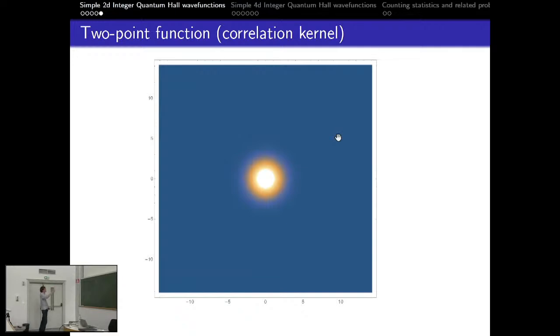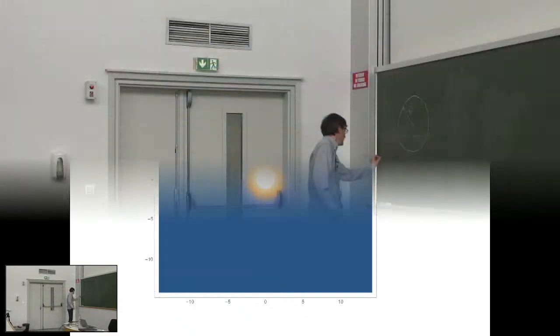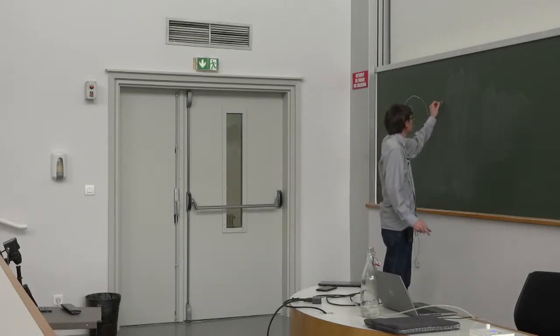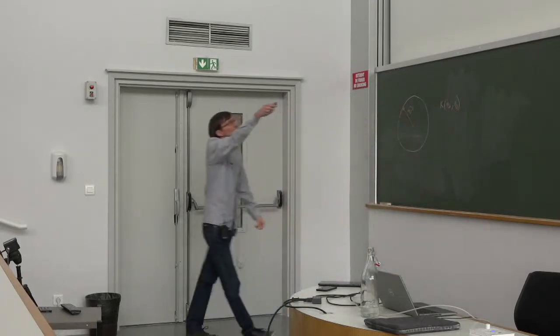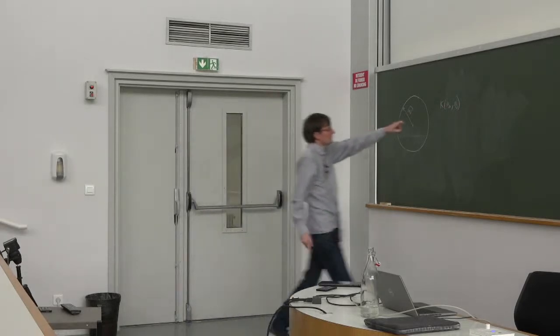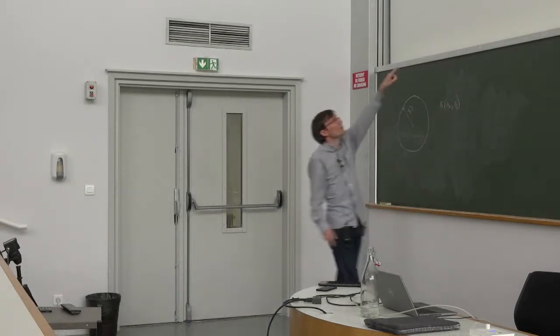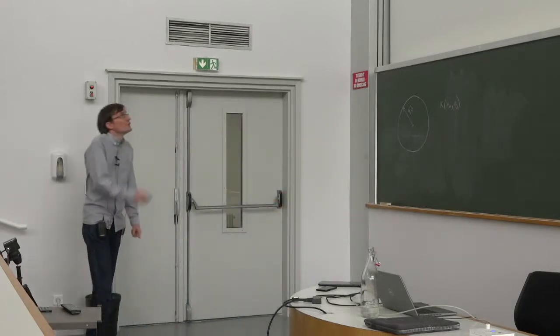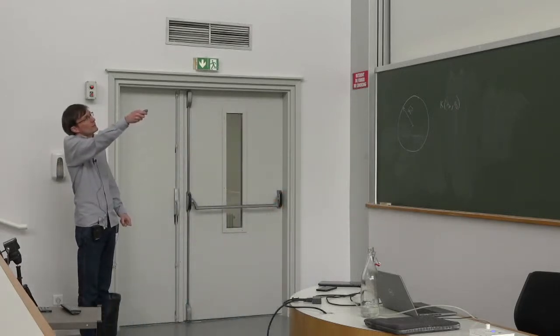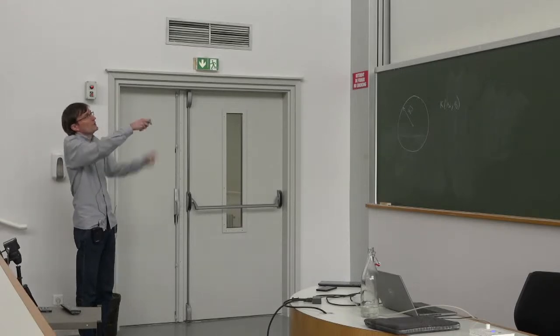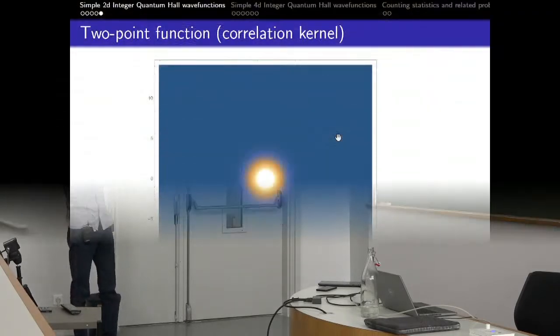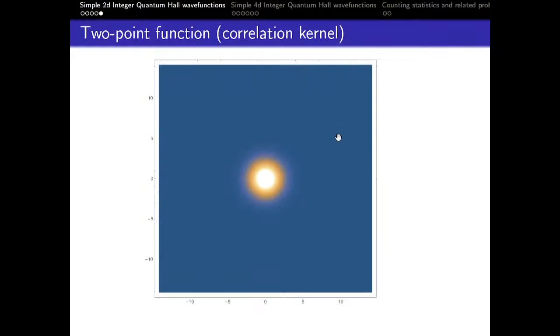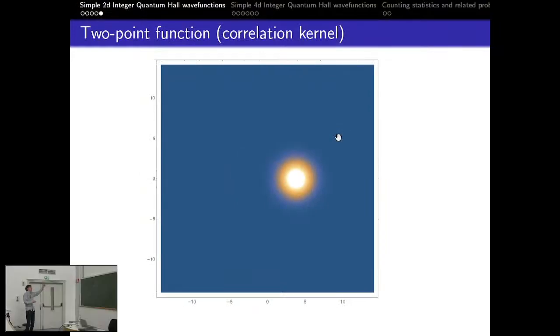And so in this picture, I fix some point which I call z0, which will be here in the middle, and I make a plot of the kernel when z is anywhere in the picture. The yellow color means it's relatively big, and blue means it's really 0. And you see it decays very fast. This is a simple computation which you can do. Convince yourself that this decays fast.